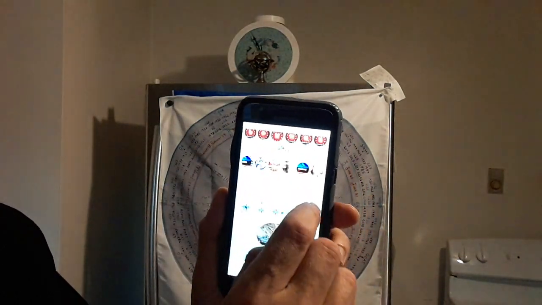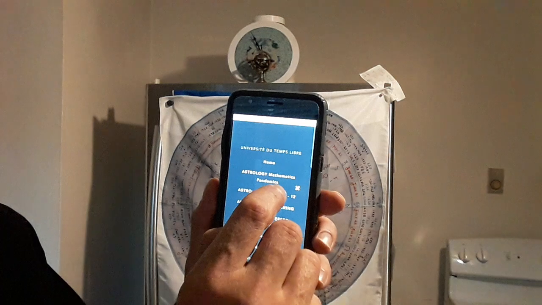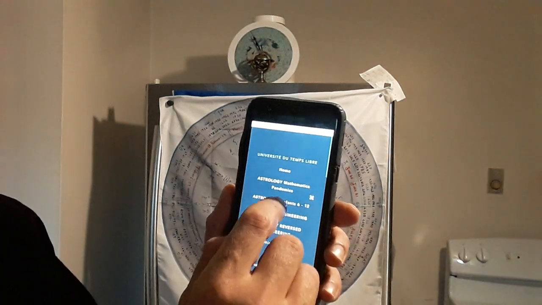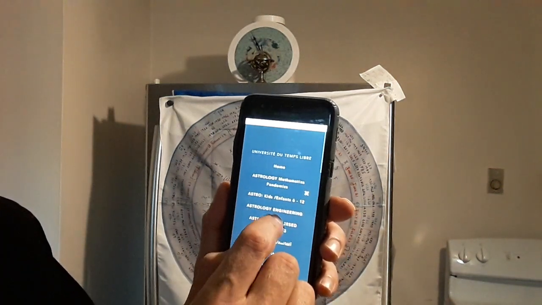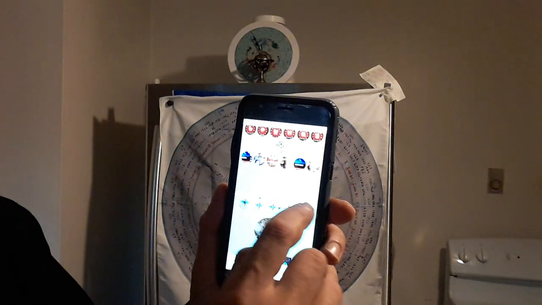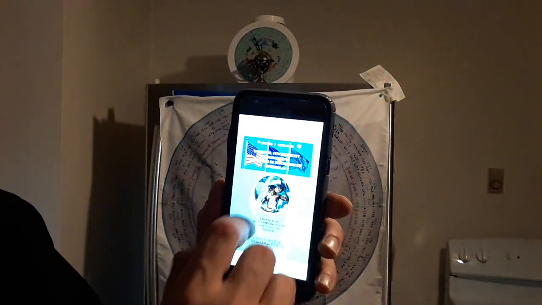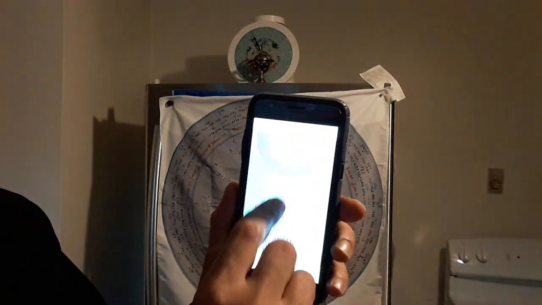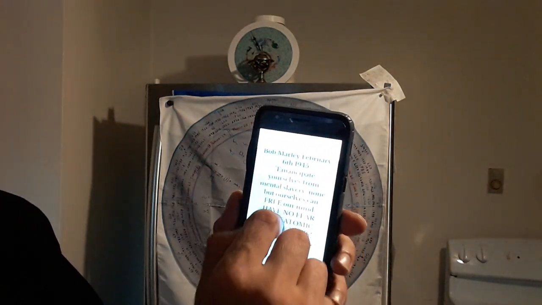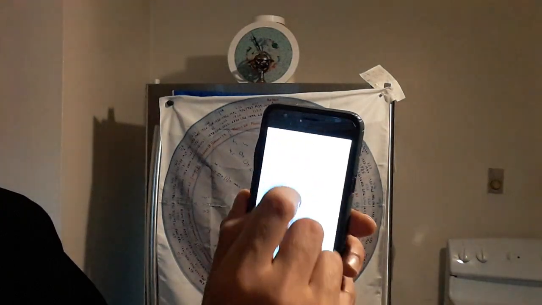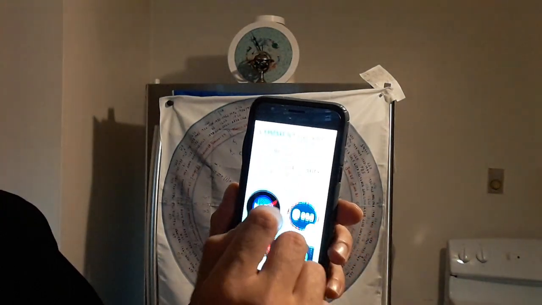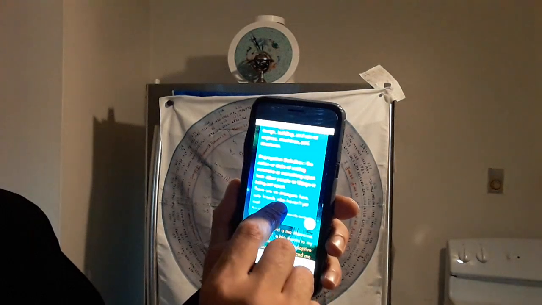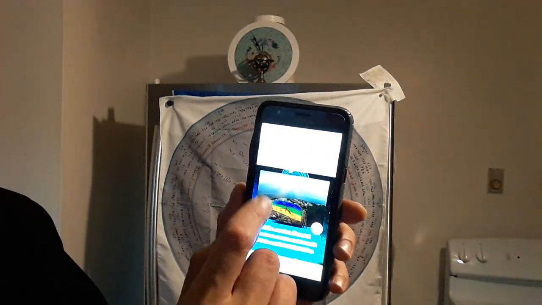If you want to know more, you have to click on the menu and then click on astrology engineering on the menu bar, which is right here, okay? And then when you scroll past the intro page, then you get to how, hold on, right here, how it all functions.